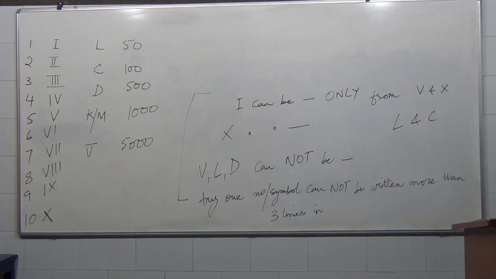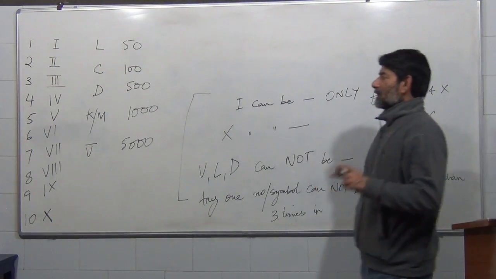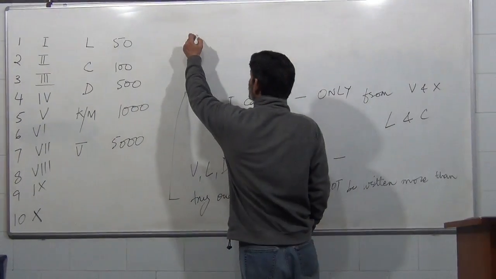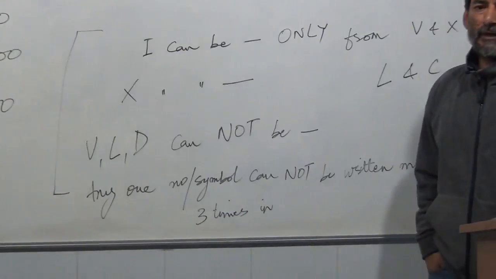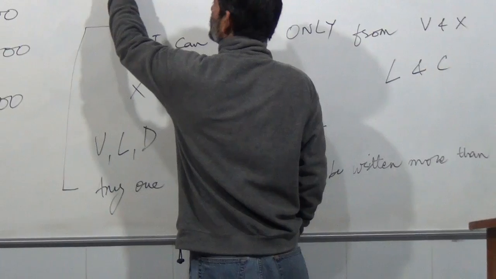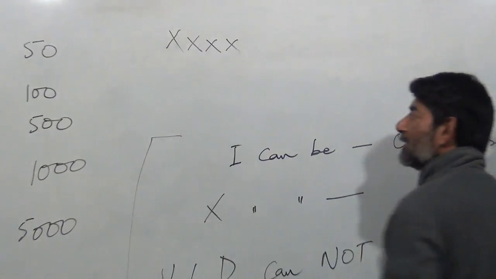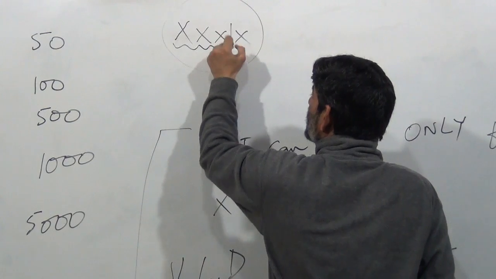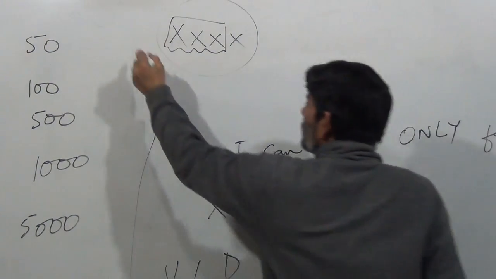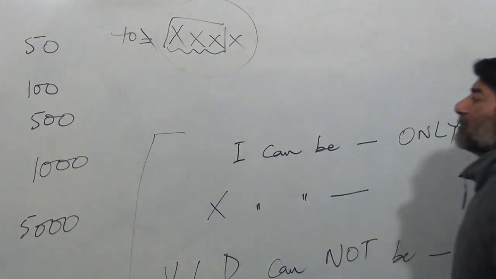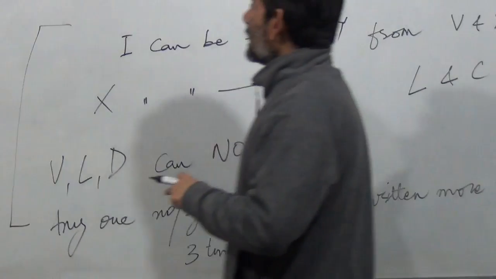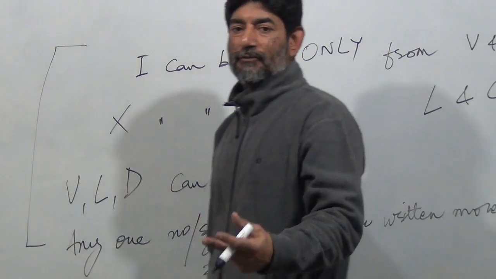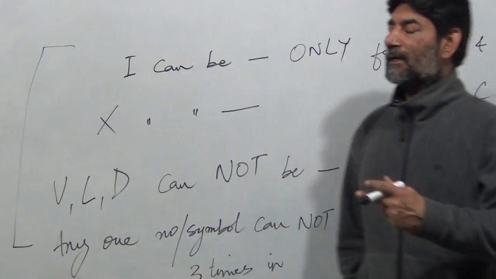Cannot be written more than 3 times in continuation would mean that if I wanted to write 40 and I know that 10 is represented by X, I cannot write 10, 20, 30, 40. I cannot write this because in this case, the number 10 is exceeding its limit of 3. Therefore, 40 cannot be represented by 4 X's. In the absence of writing 40 by the repetition of 10 4 times, what other means do I have to write 40? 40 could be written as